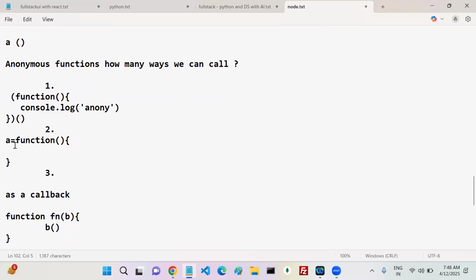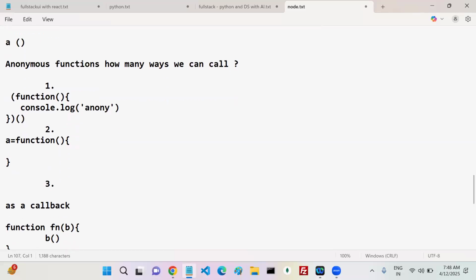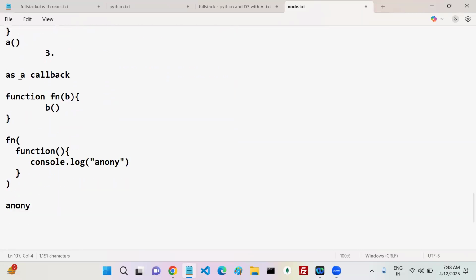Another is assigning this anonymous function to a variable and calling it. The next is passing it as a callback to another function. That function is going to call it back. Pass this anonymous function as an argument to another function, and that function calls it back with another reference. These are the three ways.